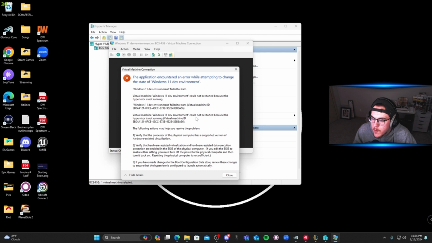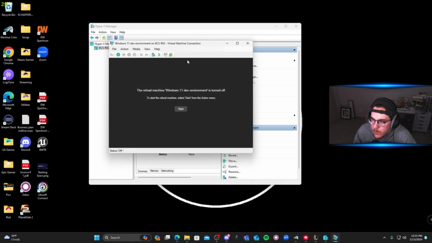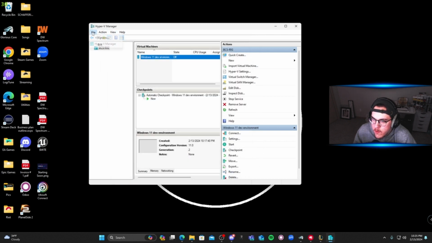Interesting. Cannot be started because hypervisor is not running. Let's take a peek at the error here. We can troubleshoot this live, right? Verify the processor of the physical computer has supported version of hardware assisted virtualization. So I might actually just need an update, which is pretty high possibility. So what we'll do, we're going to actually back out of here. And if you guys get this error,